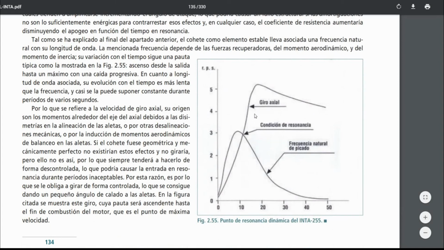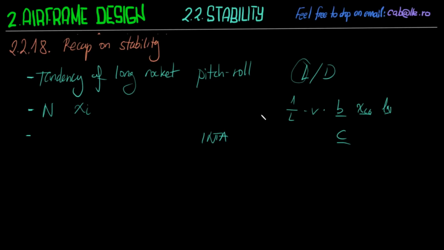So by the way, I haven't talked about the relationships, the roll dynamics. I haven't talked about the roll moment induced by canting of fins and the damping and all that. I'll just leave you the reference here if you want to read about it. I think the most important part, all this discussion, you have it here. If you want to get the numbers, just go to the